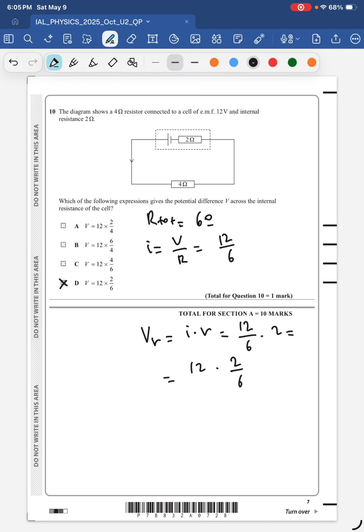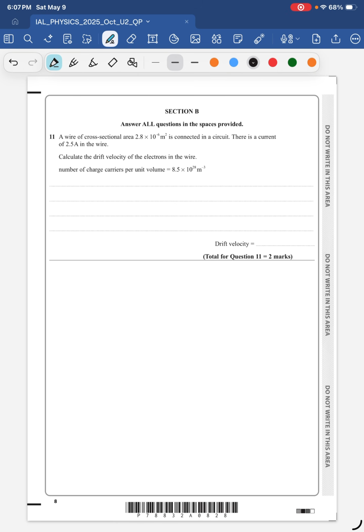And yeah, let's move on. Okay, section B. Question 11. A wire of cross-sectional area 2.8 times 10 to the minus 6 square meters is connected in a circuit. There is a current of 2.5 amps in the wire. Calculate the drift velocity of the electrons in the wire, and they give you the number of charge carriers per unit volume. Okay, so the current is